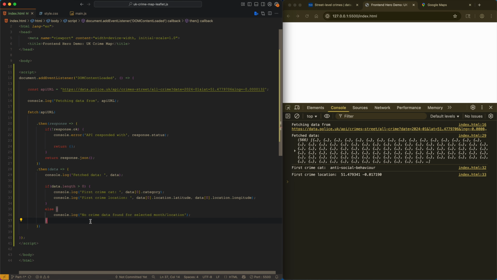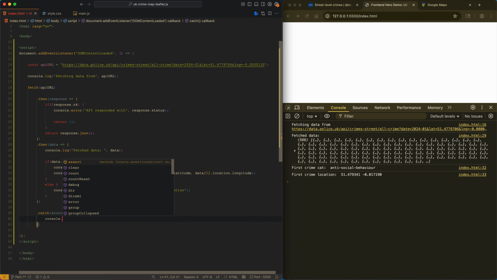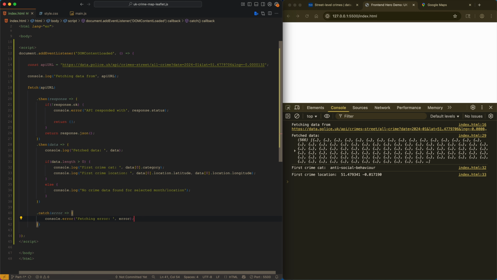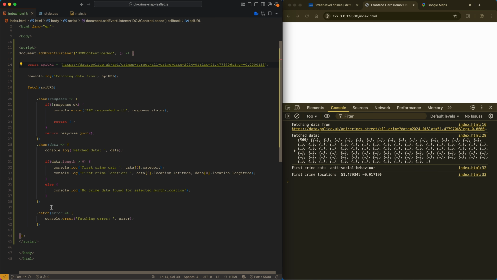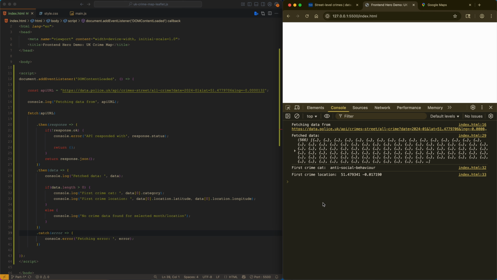Okay, and the very last thing we need to do here is just to catch any errors should they arise. So we'll say catch the error, and we're going to console.error it. So console.error, maybe fetch error. Yeah. And the value, which is just error. Okay, let's change that again and have a peek. So there we go there, a bit more information to hand if anything fails. So that's the guts of pulling in this data from the police API for street crime based in Greenwich Park